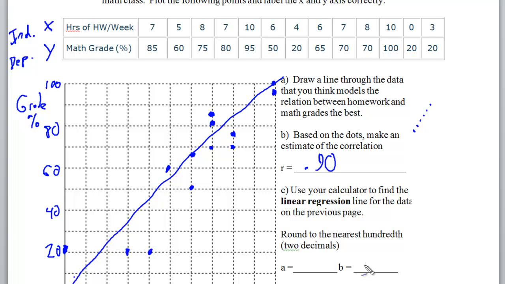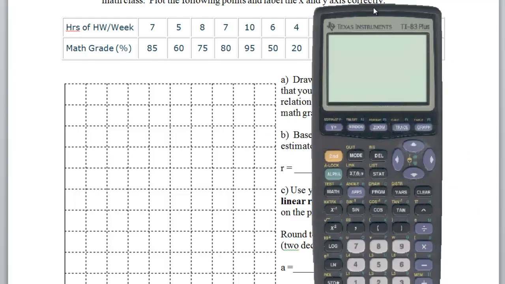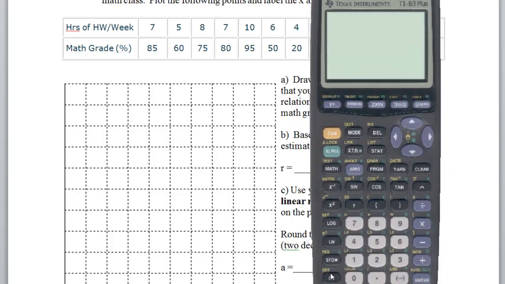Now I'm going to bring up the calculator, which is going to erase everything I did here, but the calculator is going to show us everything and more. And I'd kind of like you to try to be able to do all of this on the graphing calculator. What I've done is I've actually typed in my list 1 and list 2 information already. To do that, you would have to hit the stat key, then the enter key,